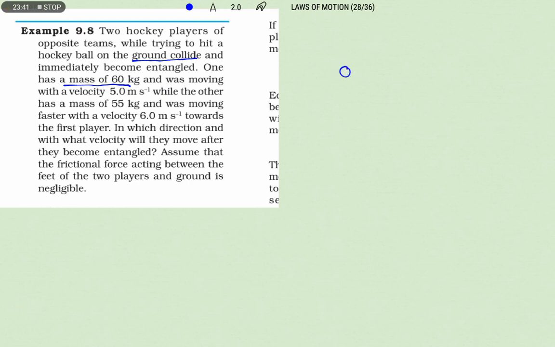So two hockey players are moving in opposite directions. Then here is the ball on the ground. Right. So what is the mass of player 1? The mass of player 1 is 60 kg and he was moving with a velocity of